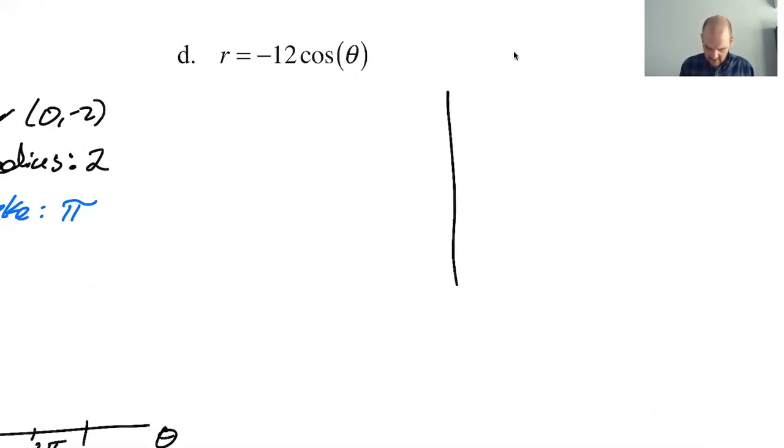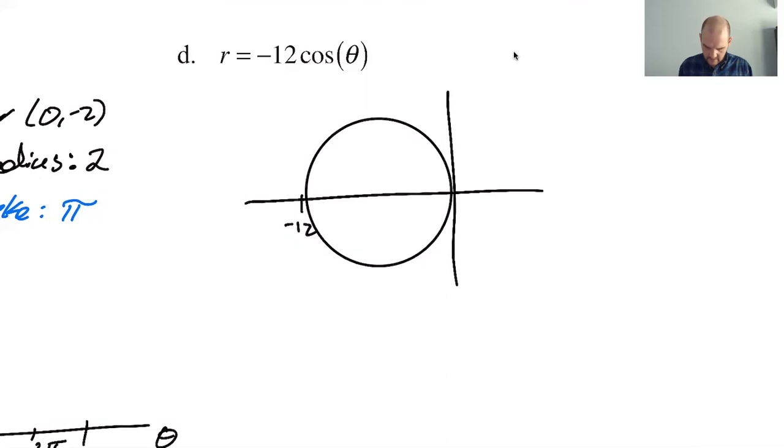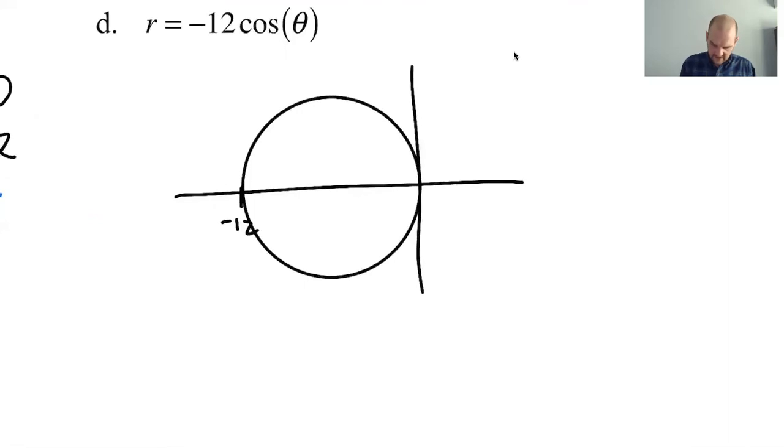I'm assuming -12. I don't know why I'm trying to draw them roughly to scale, even though it's making my axes look obviously terrible. I don't know. All right, so center here, center,